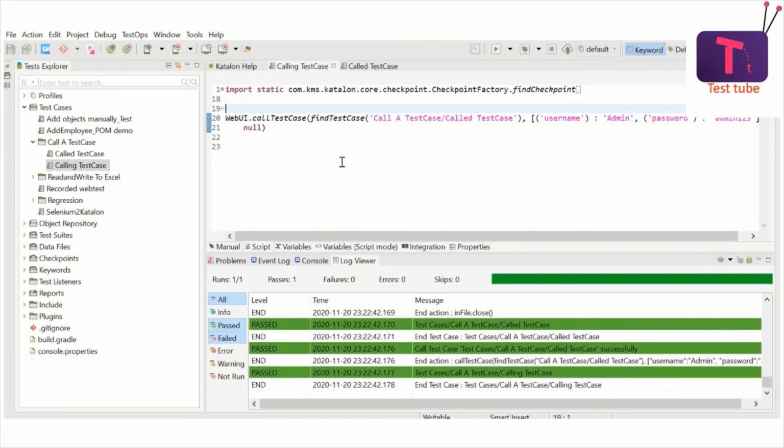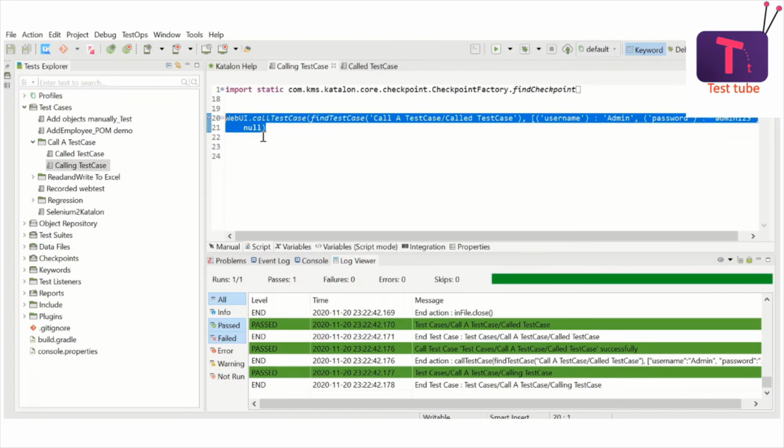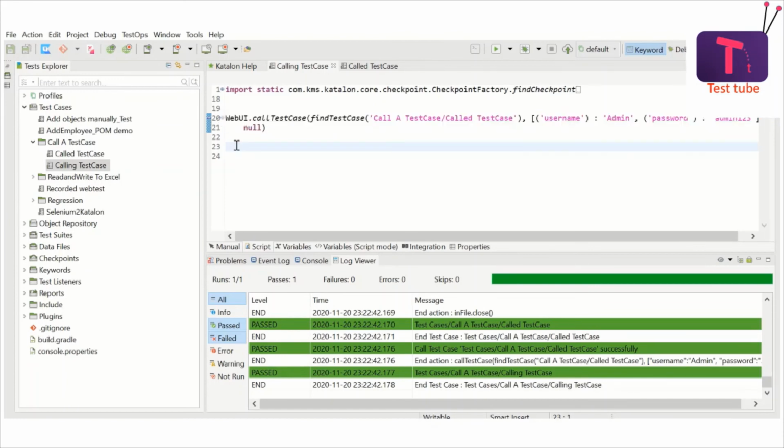And when we come to the possible scenarios where this will be helpful, one is as I described here. For example, if you wanted to do some testing, and it has a dependency on another test case, first you run the test case which has the dependency, and then you write your code which is specific to this test case.